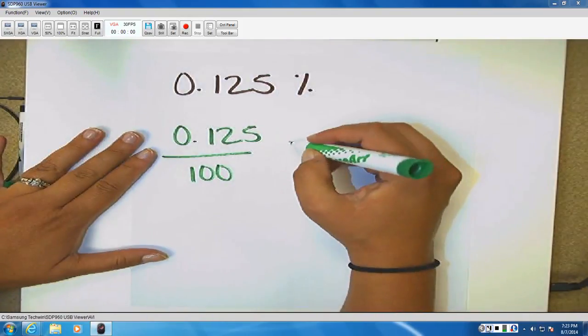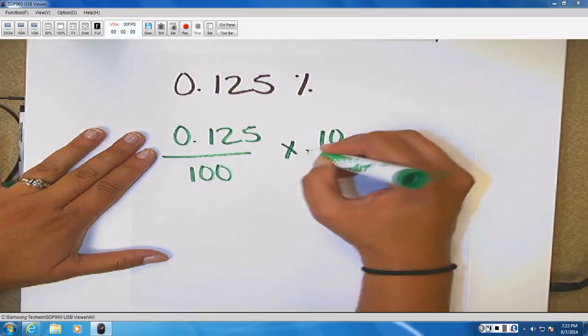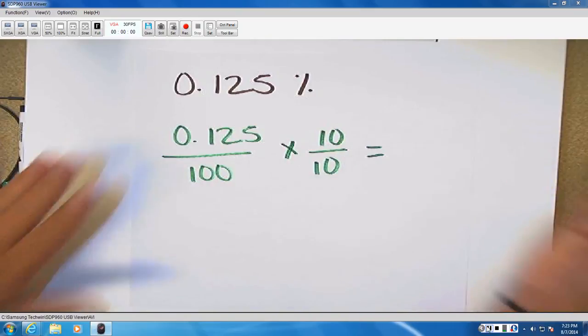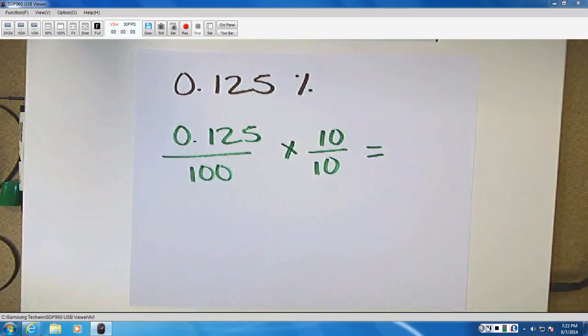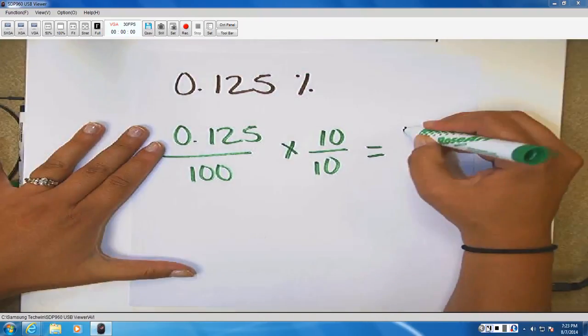And so I'm going to multiply both of my numbers by 10. And when I do that, I end up with 1.25